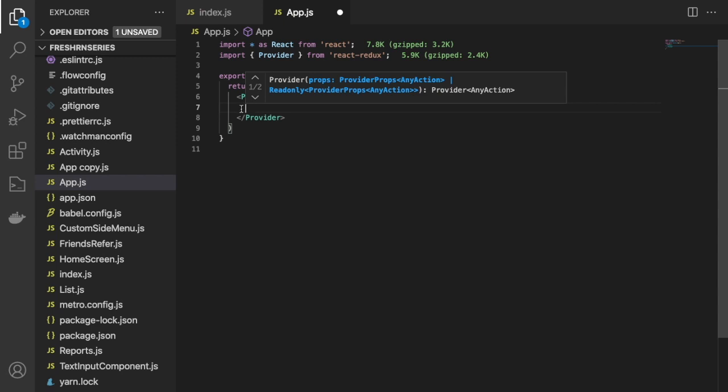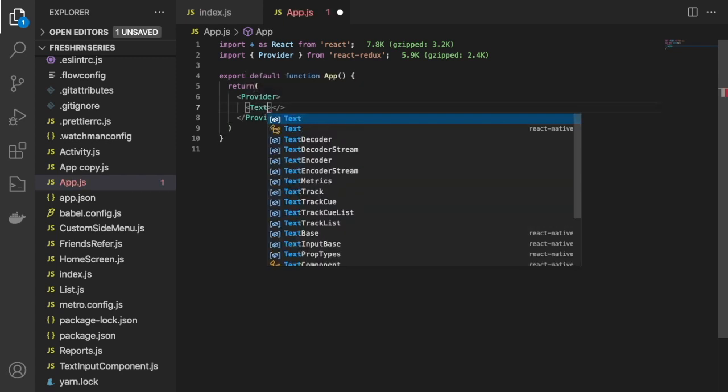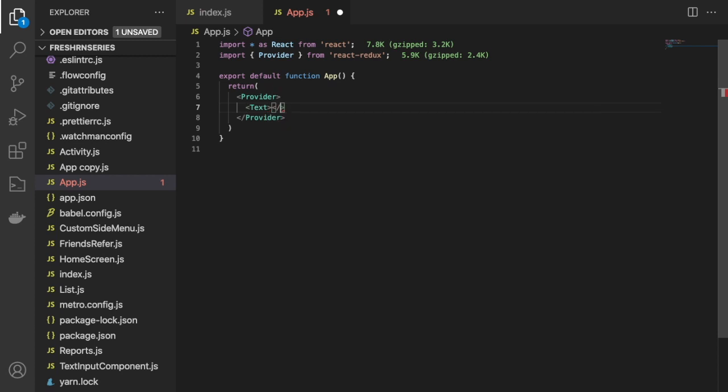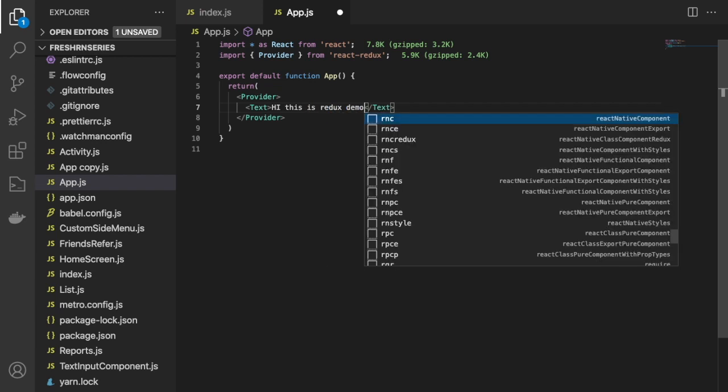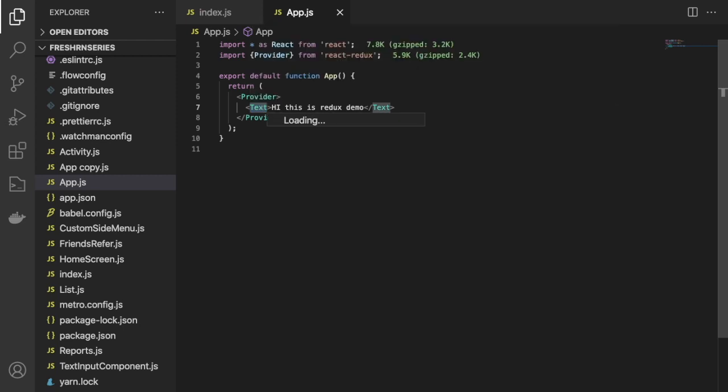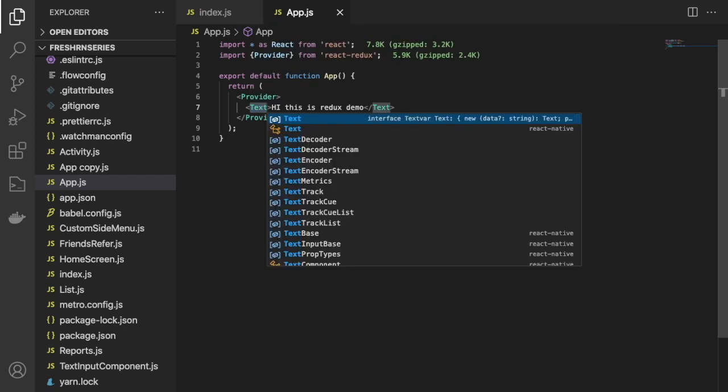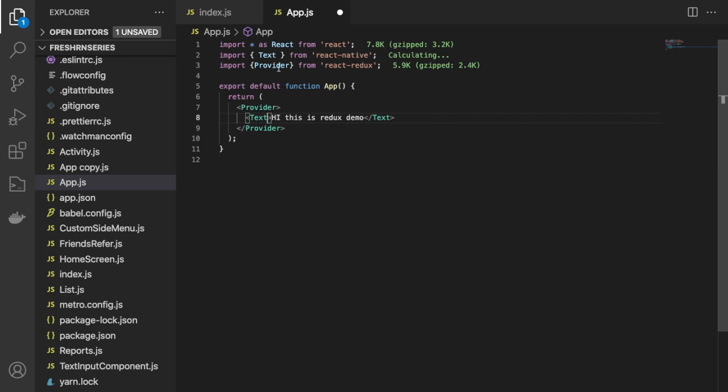Under the Provider you can write anything. For now let me use Text. Hey, this is Redux demo. Cool, and we have to import this Text as well from the React Native package.